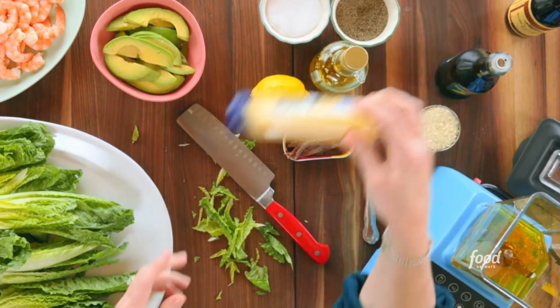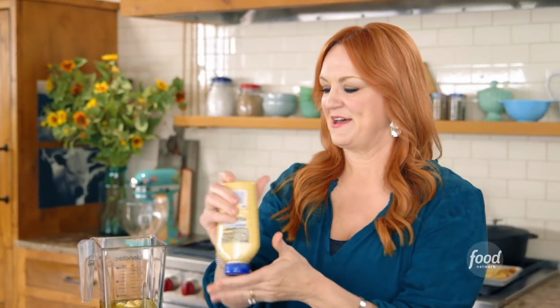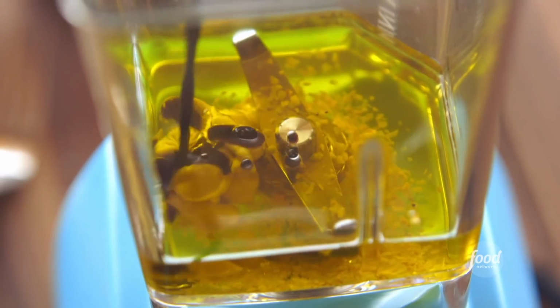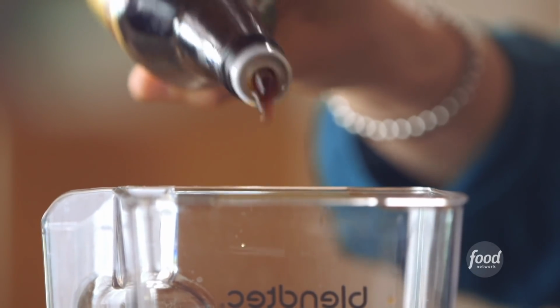Dijon is something I like to add to Caesar dressing. It adds a great tanginess, about a tablespoon. Same amount of balsamic vinegar, a few dashes of Worcestershire sauce,